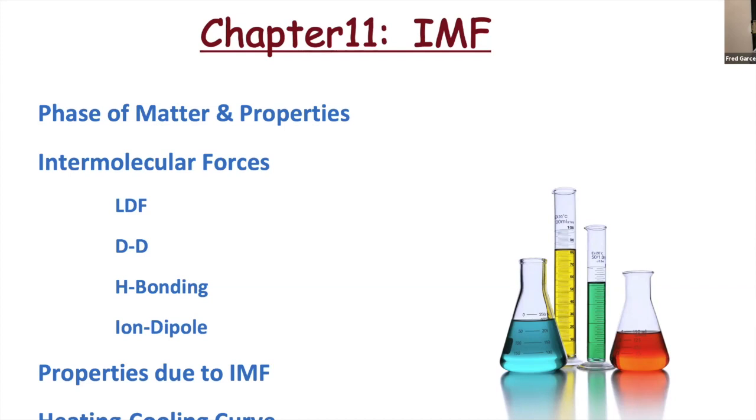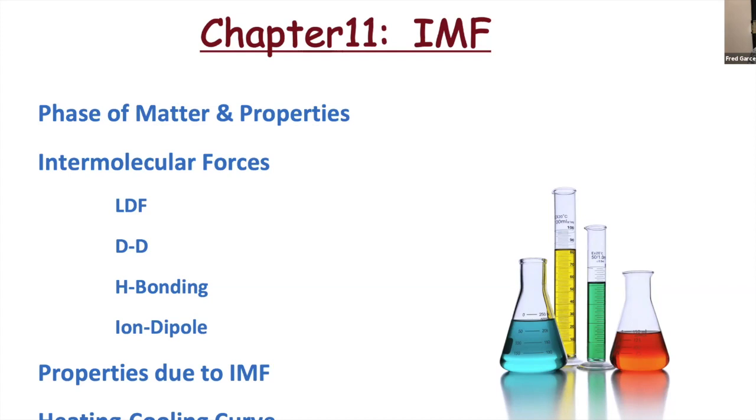How strong those intermolecular forces are depends on the chemistry that locks them together, but you can overwhelm them by adding energy. The type of intermolecular forces that you hopefully remember or will learn is called London dispersion force. London dispersion force is just because these chemicals have electrons. Since all chemicals have electrons, all chemicals have London dispersion force. It's an intermolecular force that exists for all states of matter.